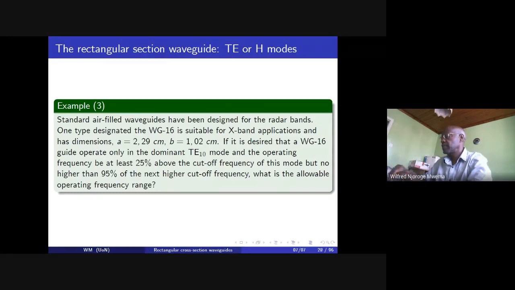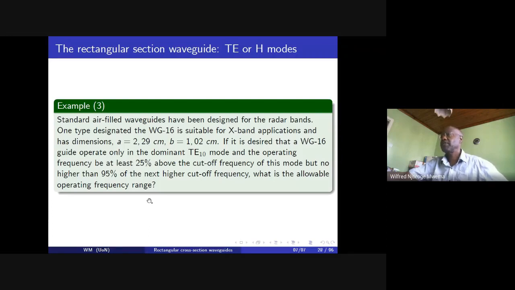If you have already made up the table I asked you guys to make yesterday, you would recognize that in a rectangular waveguide, the next higher mode will be a TE20 mode rather than a TE01 mode. That is when a is greater than b. It will be the 20 mode that will be propagating next when the frequency is raised. Okay, so this is the way you'll be designing